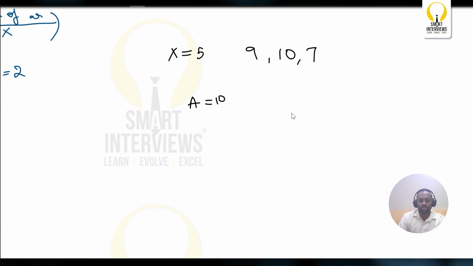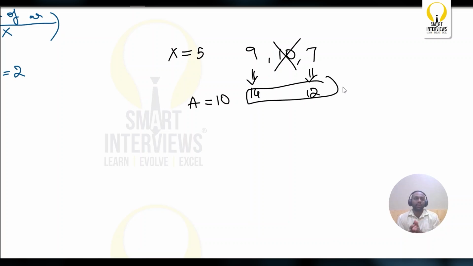Now, when I take another monster of HP 7, again, I need to think about the 10 HP monster, because that is the most difficult to defeat. So let's assume that 10 is my current attack stat. With that I can defeat the 10 monster, and by the time I reach the next monsters, their HPs are increased by 5, that is 14 and 12. Now again, on this day, which takes more priority for you? Is it going to be the 14 monster or the 12 monster? Again, it should be the 14 monster, because